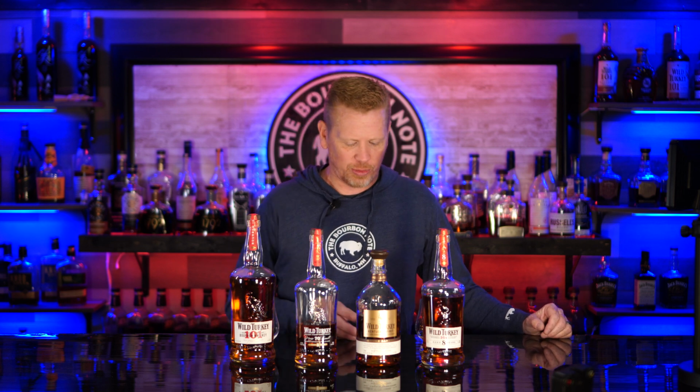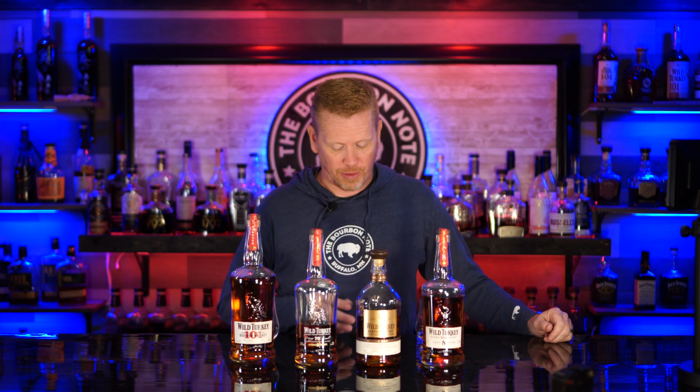In last place was bourbon number 3, just because it came across a little bit lighter than the other ones. Now, these all, by the way, there's not a bad bourbon on this bar. These are all really, really good. So for me, this is more of a value to price, quality value thing, I guess. So anyway, in last place is